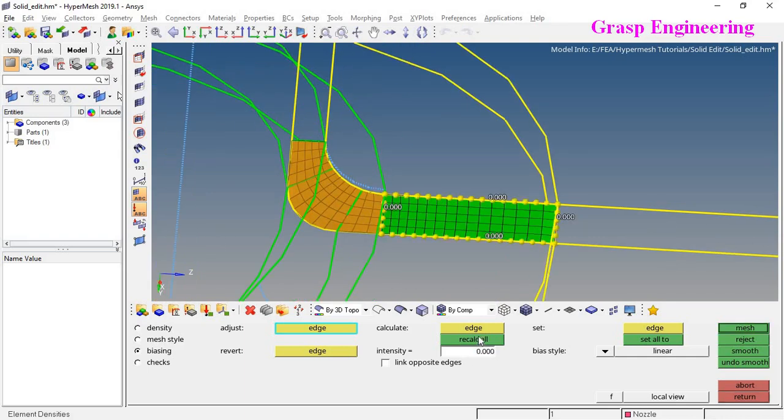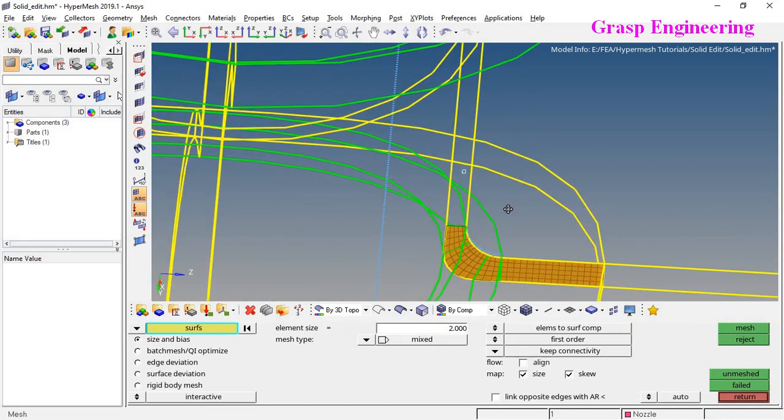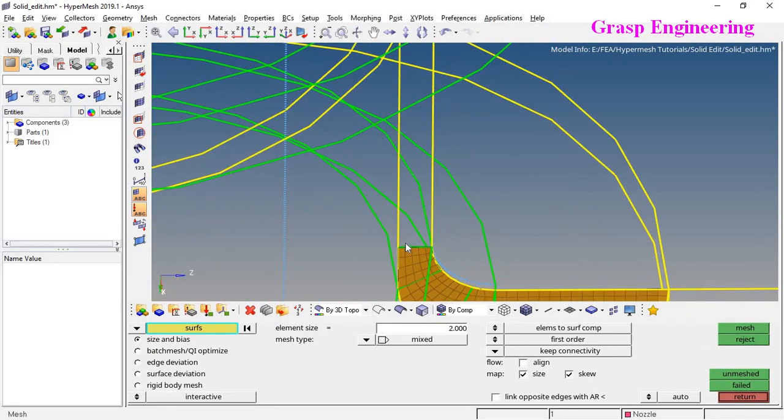Okay, let's put recall mesh. So I'm just making it here. Here also you can define, like suppose if you want one, just click over here, just click over here. Likewise you can define with the help of these options, and if you want to define for all, just set to all here, and define. So let's put it 0, recall mesh. Okay, that is all about our biasing. Now let's do further.